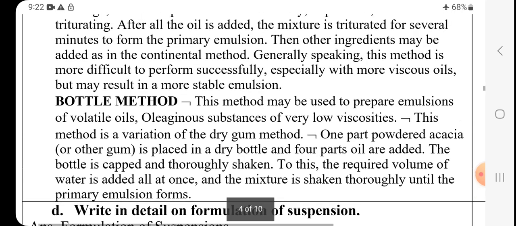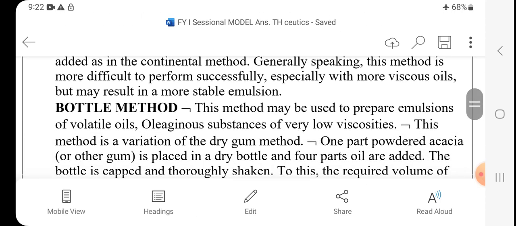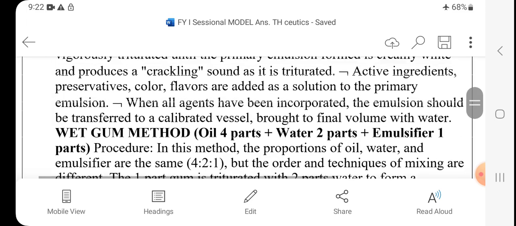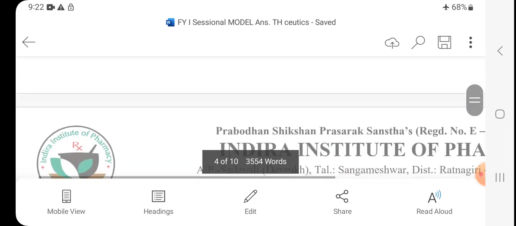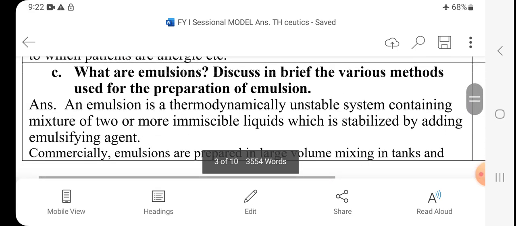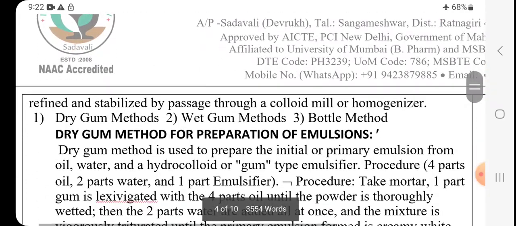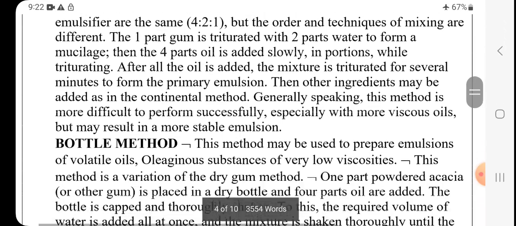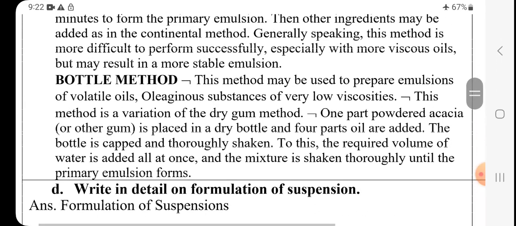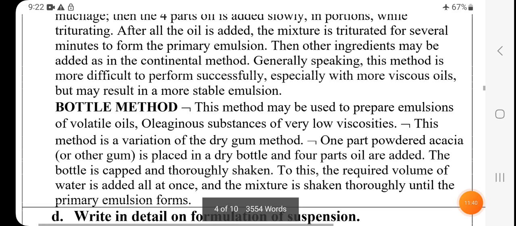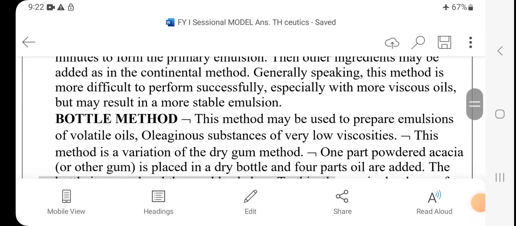This is the most important question, and it was repeatedly asked in the summer 22 and 21 examinations, and previously also before MSBTE, before 2020. This question is repeatedly asked, so you can take a screenshot of this or write it down in your notebook. We will continue this series in the next part.